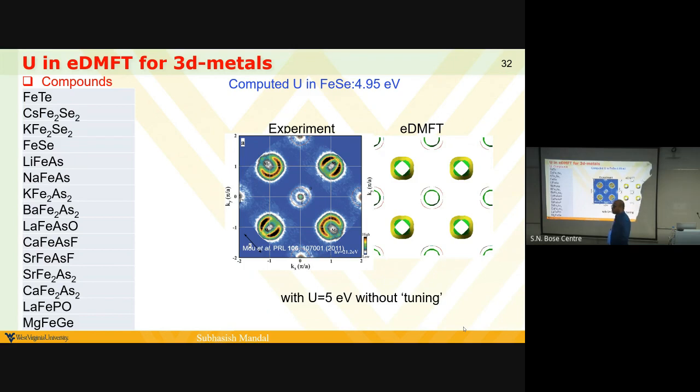Physically, the problem experimentally is the screening. It is not a bare U. Each electron on site gets screened. Screening is of course not taken into account. Usually I know that U is a function of R, not on site. Is that also a correct idea? No, that is not correct.